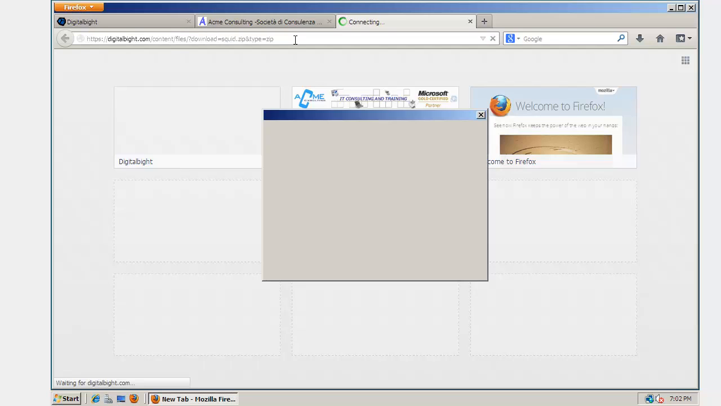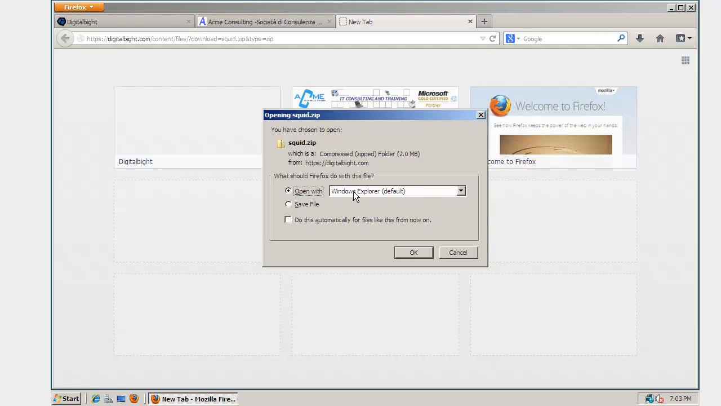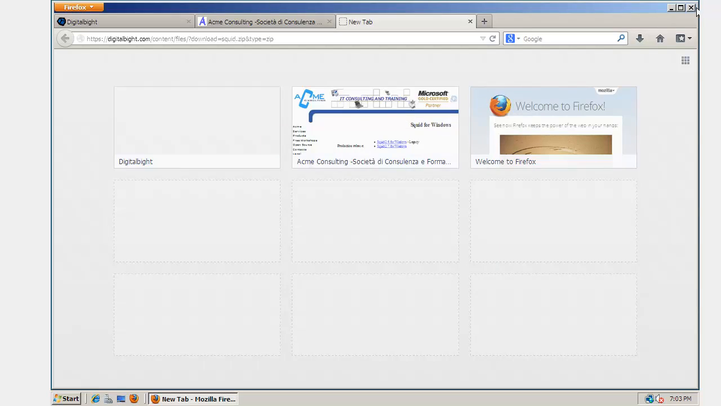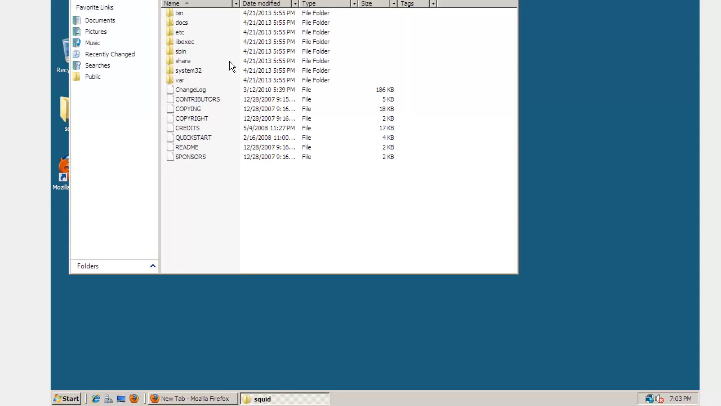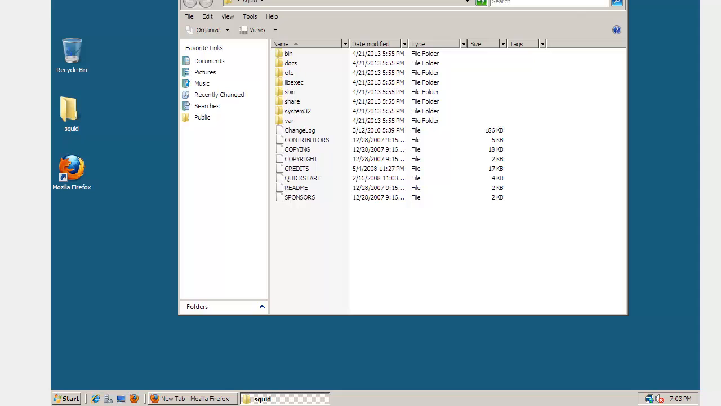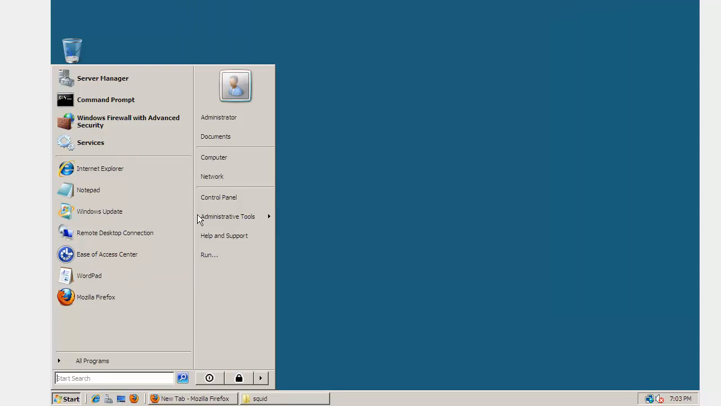So once we put that in, hit enter, it gives us the option to download it. We want to save it, hit OK, and just save it to your desktop. Once downloaded, you want to extract the zipped file to a standard folder, which will contain these folders and files inside. Once downloaded, minimize the new Squid folder, head over to your C drive,